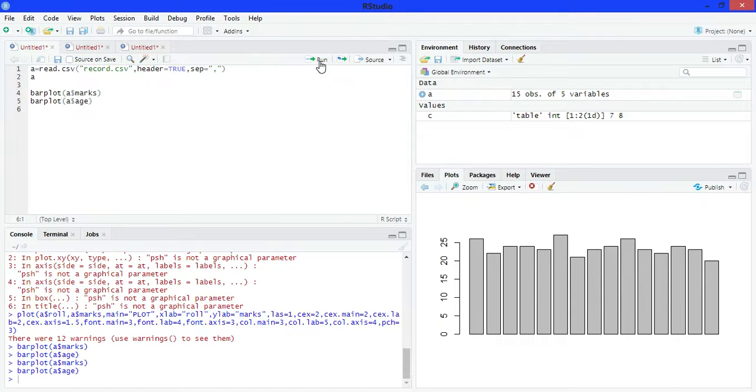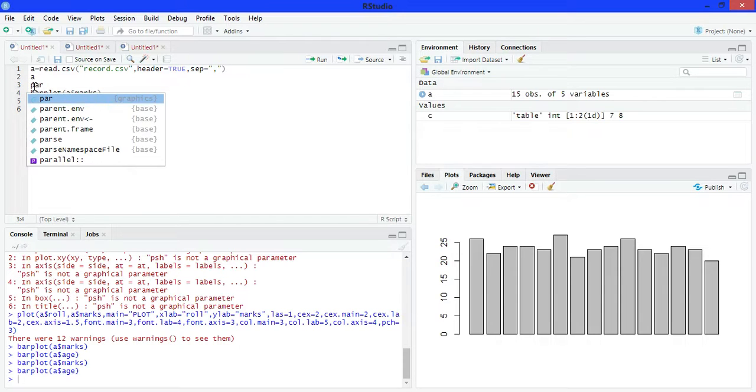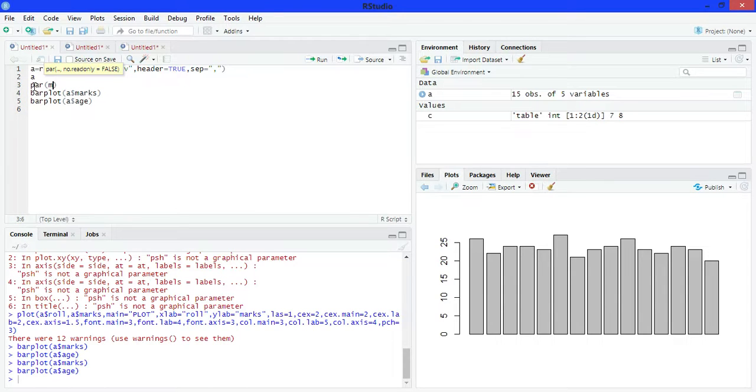Okay. But if we want to see both graphs at the same time, then we can also do this. Write here a function par and pass here mfrow is equals to c and write here the first number of graphs and second number of graphs. Using the par function with mfrow, we can divide our output section and print more than one graph at the same time.